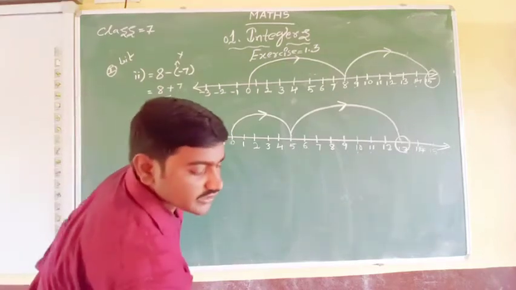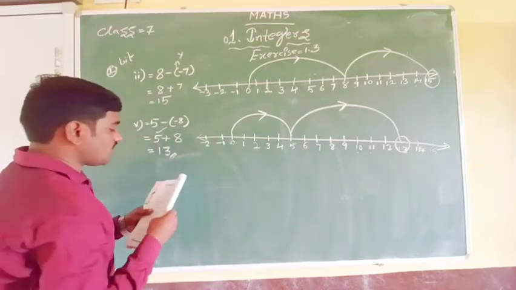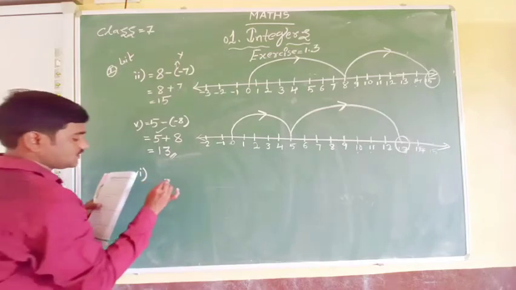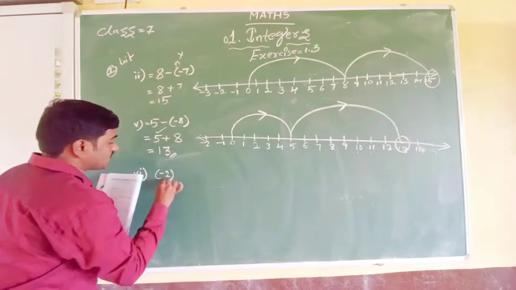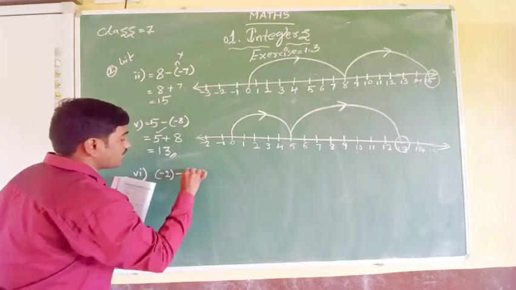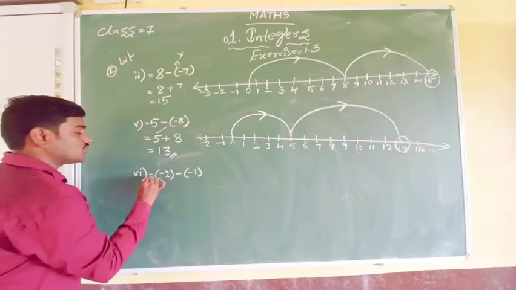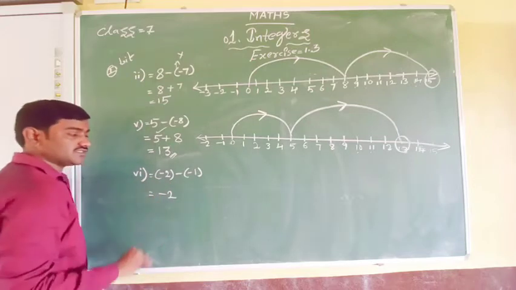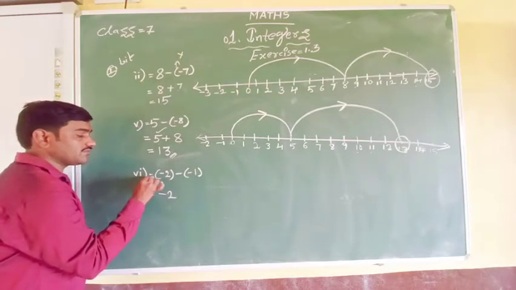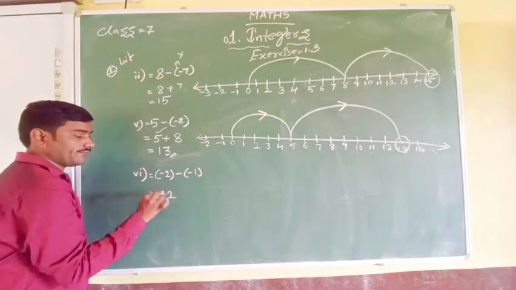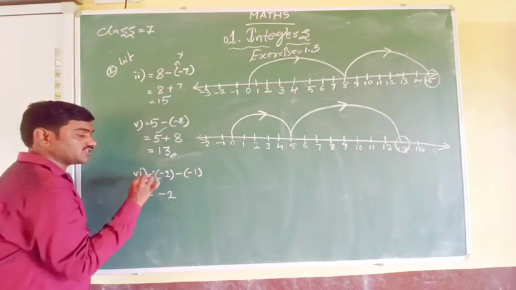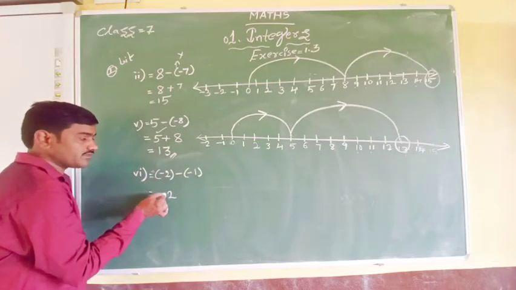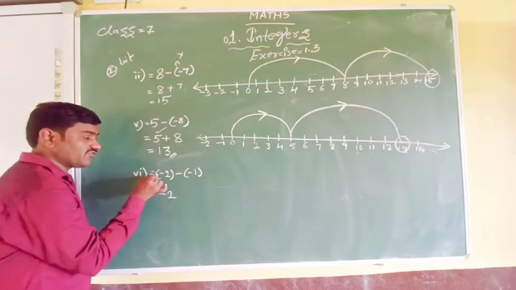So there is one more question here. Let us see what that is. That is the sixth question. What is the sixth question here? Minus 2 of minus 1. Here it is minus 2. Let us write the minus 2 as it is first. We remove the bracket because there is nothing here before this bracket to multiply the symbol. There is no symbol here to multiply. So we write minus 2 as it is.